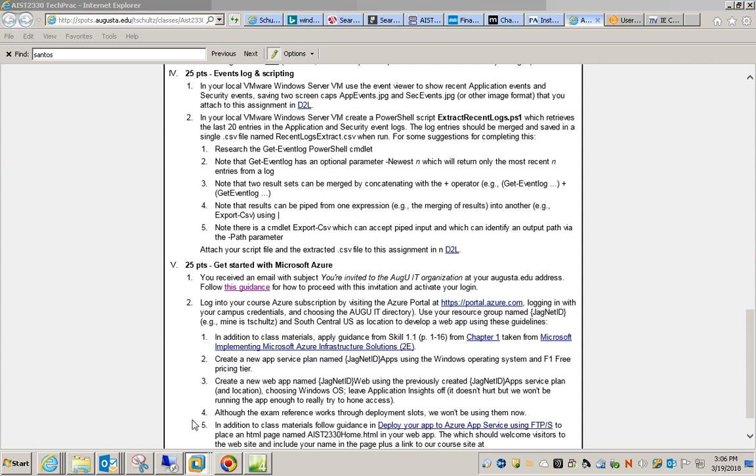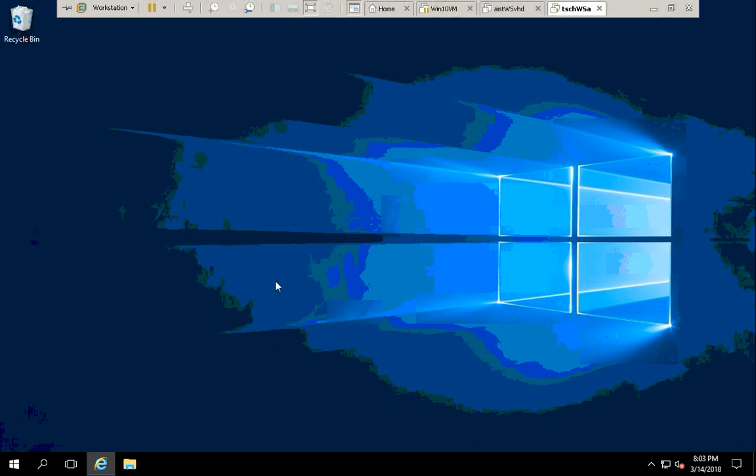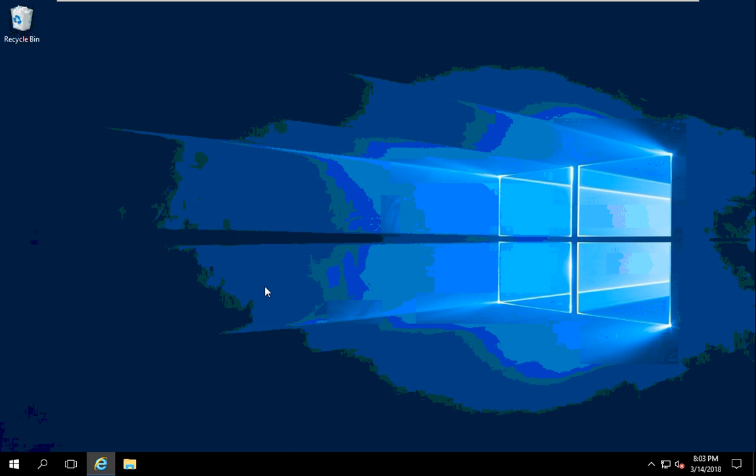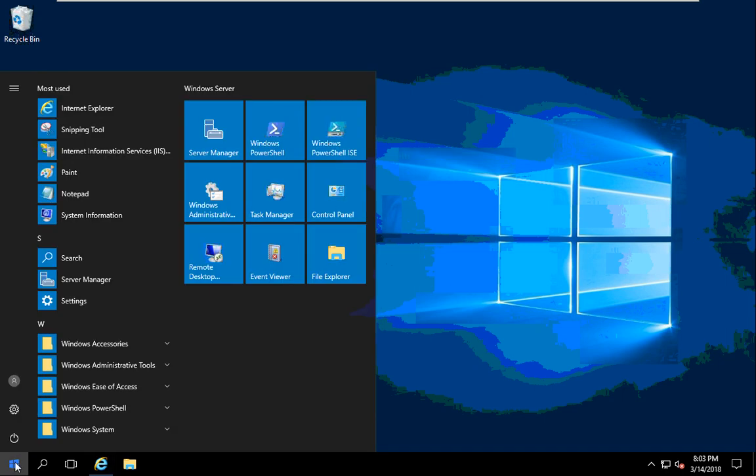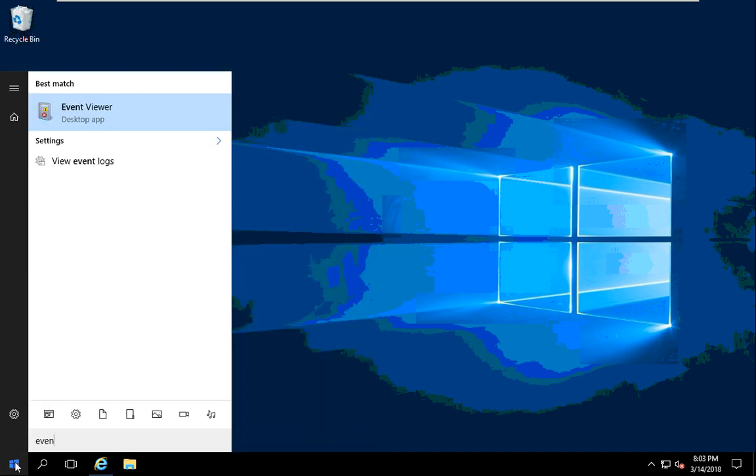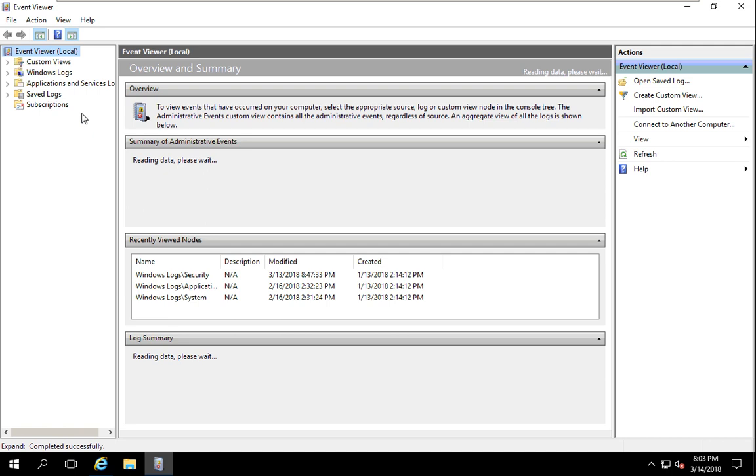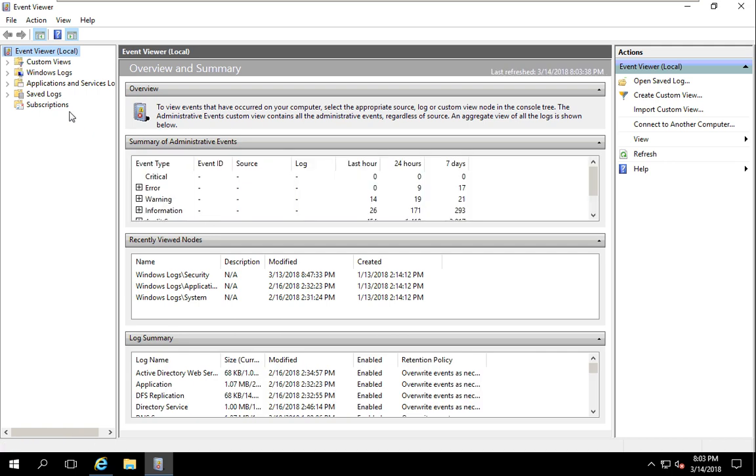So if I get into my Windows Server VM, Linux has them too. They're just a slightly different way to do it. To me, Microsoft has better on-screen presentation and management, and Linux users say, well, that's the problem with Windows, and I say, well, that's an advantage. But at any rate, if you just press the start button and start typing "event," Event Viewer and View event logs get you to the same place. It looks something like this,